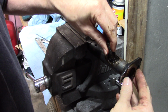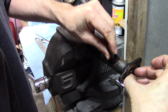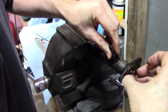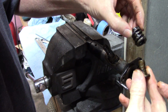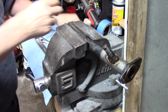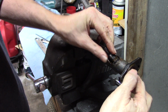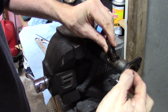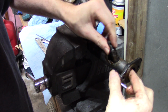And once that's out, then it's got that plunger and spring. They came new in the kit, so you don't really have to worry about them, but I'm still going to set them up here. Then there should be a ball retainer thing, but for now, let's see if we can get the...